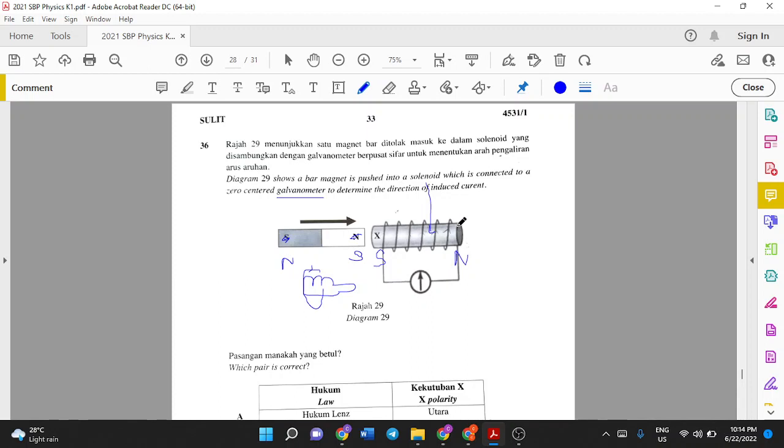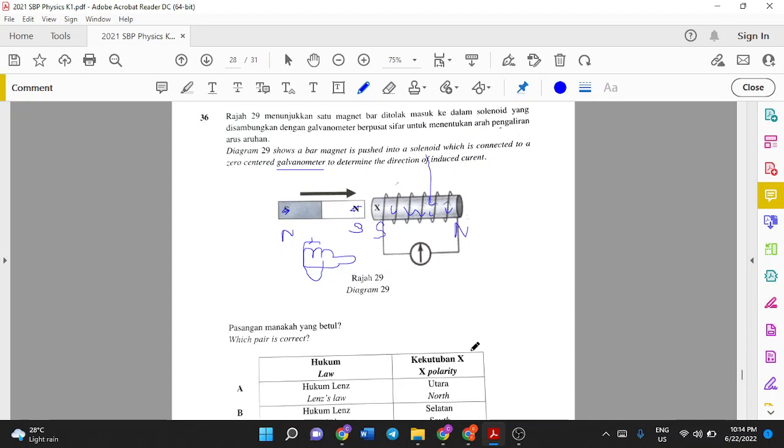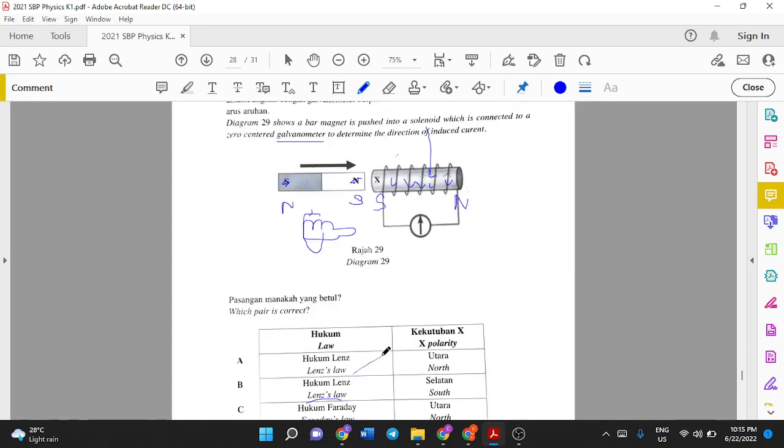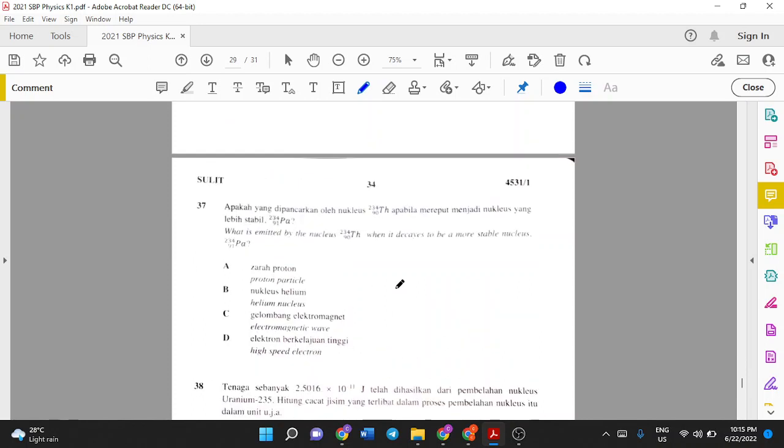Your direction will be like this. I hope you understand what I'm saying. So by Lenz's law, north, south, north. Here will be north because they want to oppose the motion of the magnets. So the answer should be A. All right. Next,